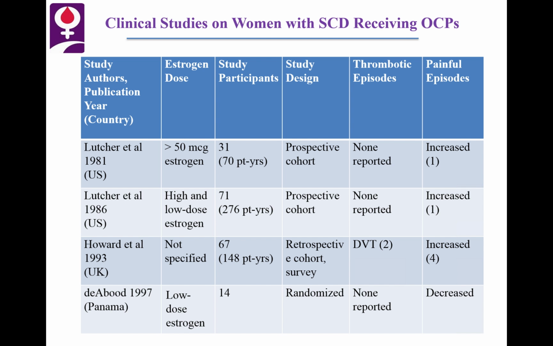So are women with sickle cell disease on estrogen-containing oral contraception at increased risk for thrombotic complications? The problem with many of the reports in the literature is that the data is really all over the place. They use varying doses of estrogen. They look at varying sickle cell disease phenotypes, mixing SS and SC. They have various follow-up periods, and many of the studies lack control groups. But it's interesting because some of them do address